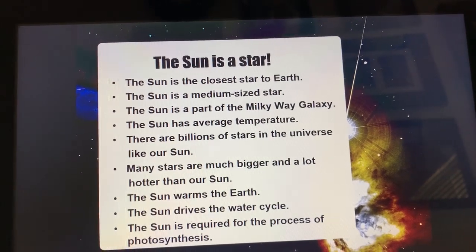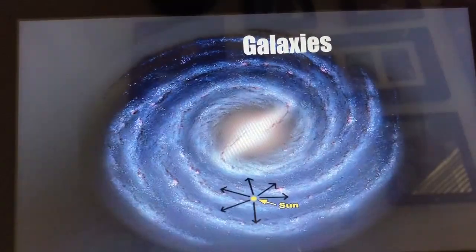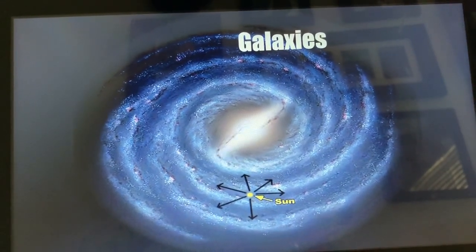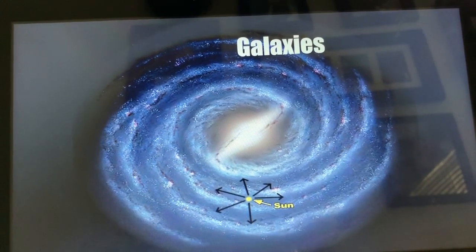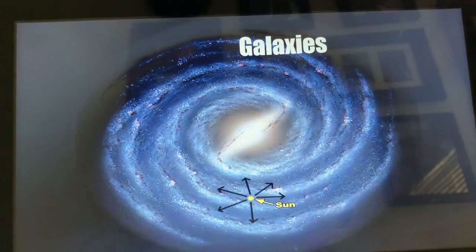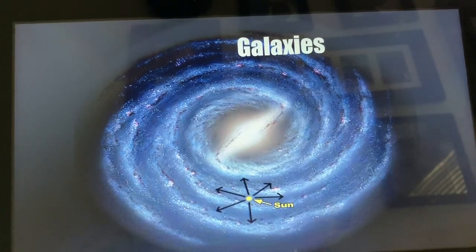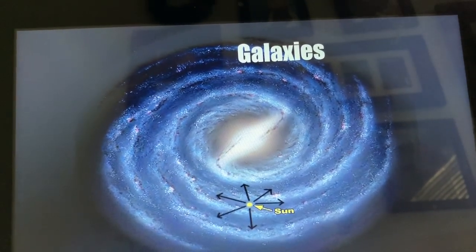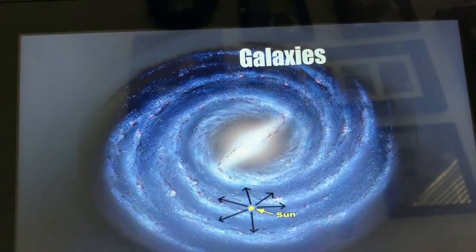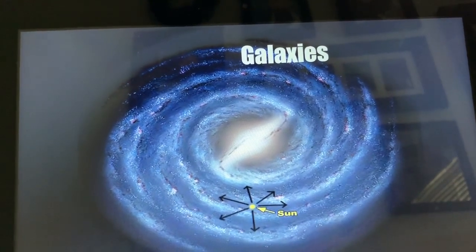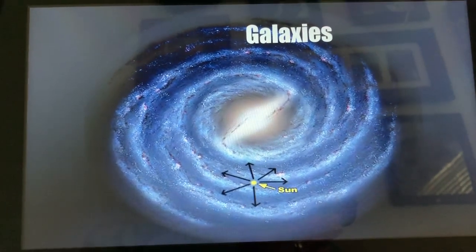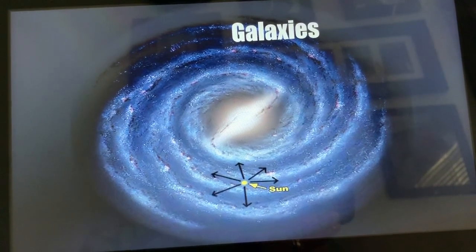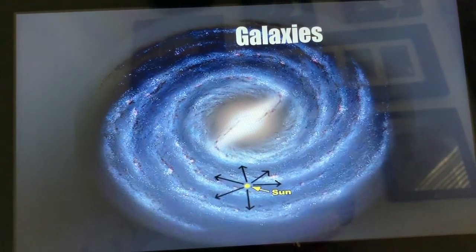The Milky Way Galaxy that our sun belongs to, it's a spiral galaxy made up of over 100 billion other stars that range in sizes and age. The sun is considered to be a young star, 5 billion years compared to other stars. If you think 5 billion is young, the Milky Way is 10 billion years old,